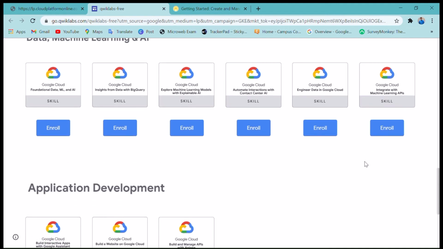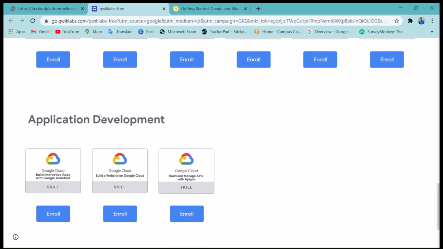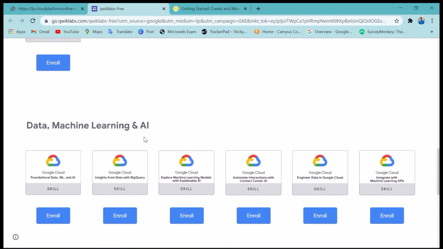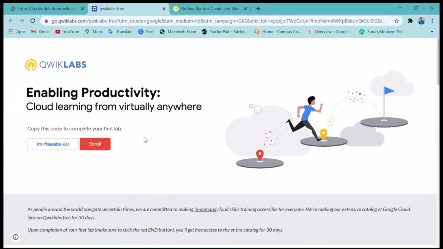Then learn about APIs and application development: build interactive apps, build a website on Google Cloud, build and manage APIs. It's very nice and free.